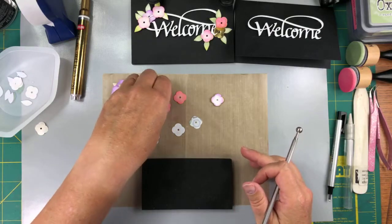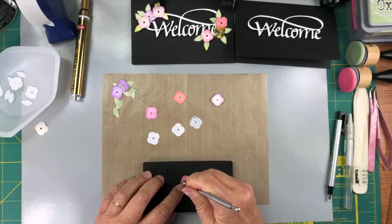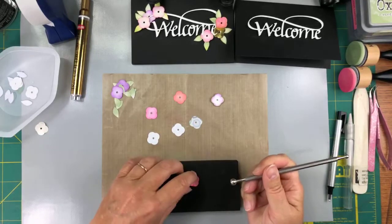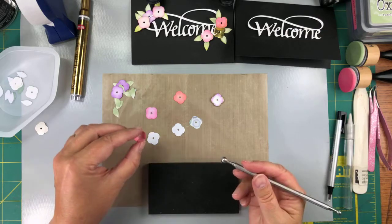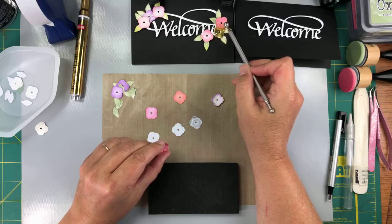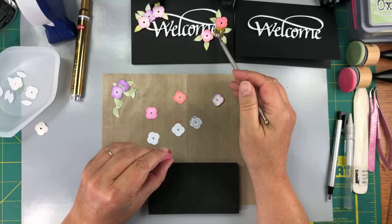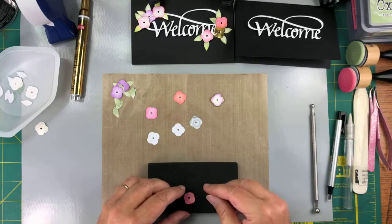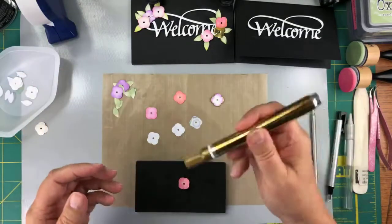And then I'm just going to cup this. And just a really simple cupping. And then you could have the cupped flowers up on top of the word and then slide the flat ones in behind the word. Okay, so I've done that. The other thing, of course, is to take the